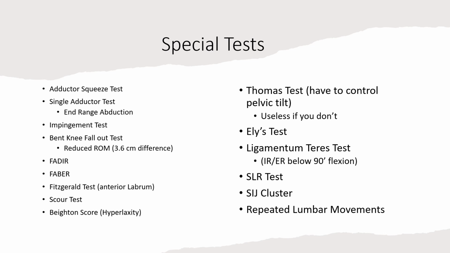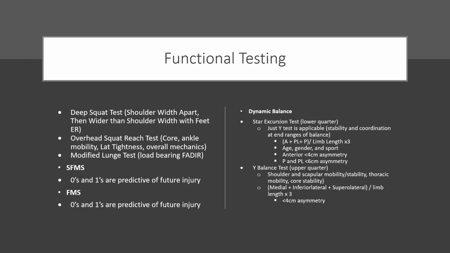Again, you may want to consider doing your SI joint clusters as well as your repeated lumbar movements if something during the subjective portion raises some flags towards the lumbar spine or SI joint. I always like to take them into some functional testing after this. I'll oftentimes, if they're athletes, they have been asked to squat to 90 or below 90 in their high school gym